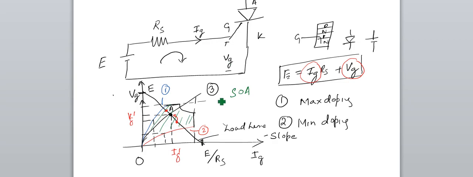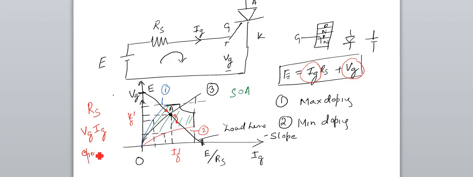Now we will discuss from here. You need to find out what values you need to focus on, that is, how much resistance you are going to put. Next, what is the amount of power that is going to be invested in the gate circuit. So these things can be drawn, and by knowing the operating point.